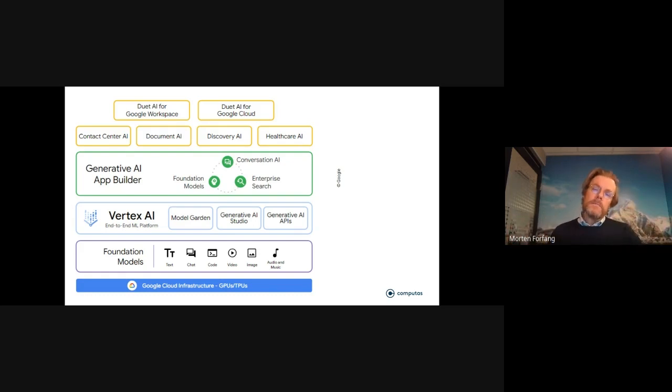Under there, you have a set of services that make it easy for you to just build an application and get going quite fast. So it's sort of AI underneath, but essentially what you provide is some data, and you choose some functionality, and then behind the curtain, it assembles it all for you and gives you more or less a ready application to run. So that's an excellent way of experimenting and getting up to speed very fast. That's the app builder part.